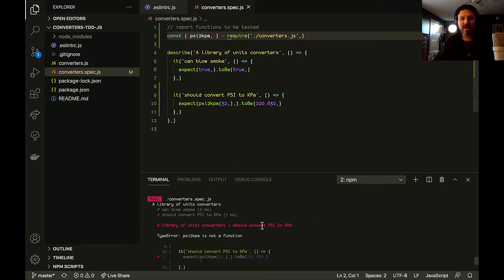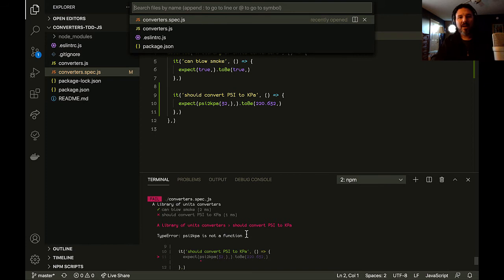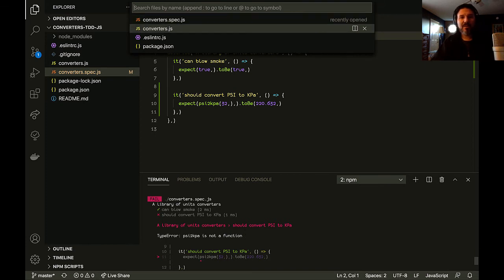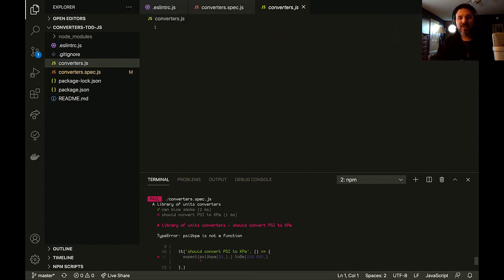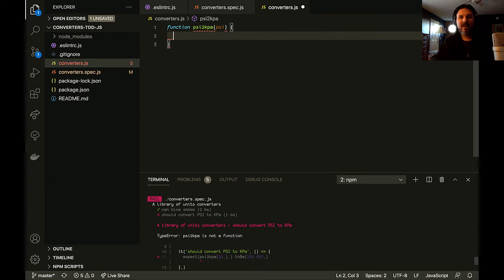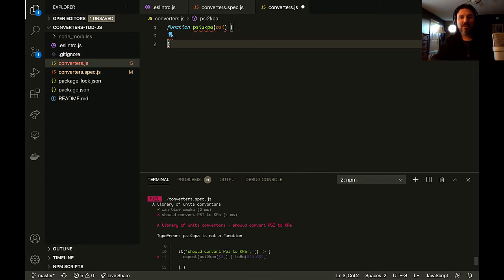All right, so the problem we got is that the PSI to KPA is not a function, and that's true because we have not created a function yet. All right, so I'm going to do Command P and select converters.js to open up the converters.js file, and then I'm going to create a function called PSI to KPA that takes a parameter PSI in as input, and then it's going to